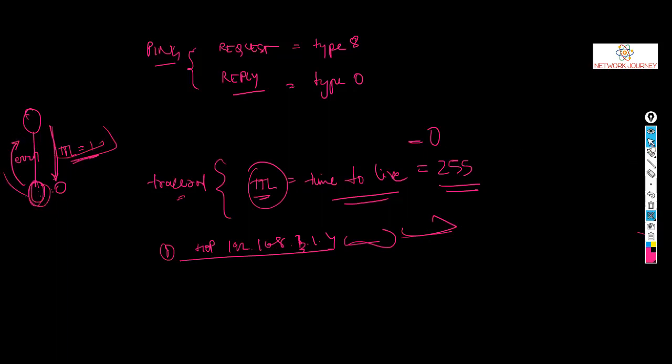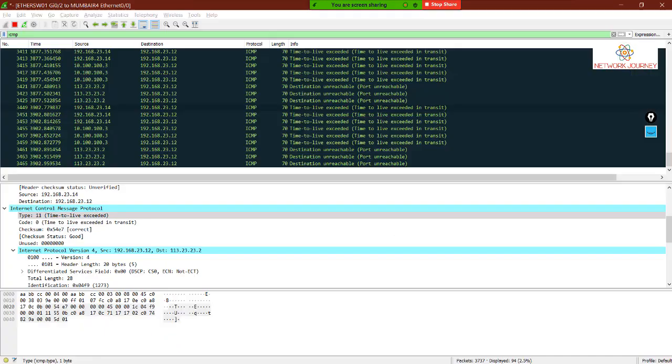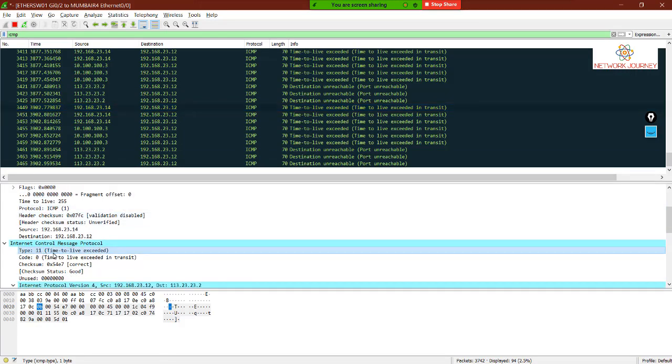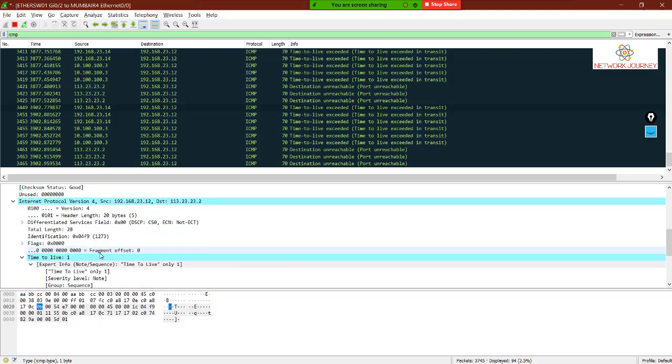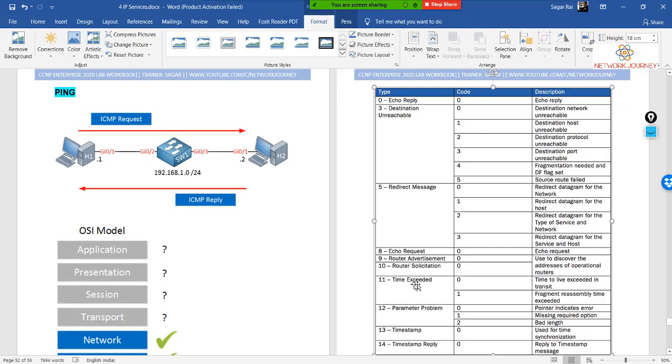Okay, so let's see from the Wireshark point of view. If you see my first packet, I can see it's giving some error, time to live exceeded, because TTL was decremented. You had only TTL 1 and the TTL is gone. It's expired. Once the TTL expires, you have a dedicated ICMP code for that. Okay, so if you see over here,